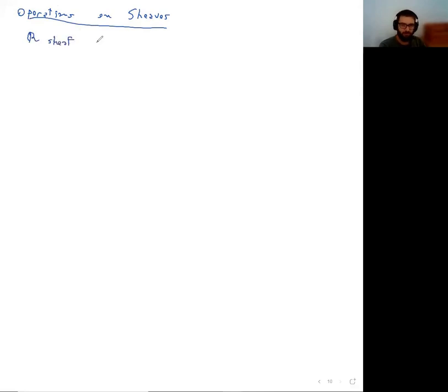So we will always have an underlying sheaf of commutative rings with unity. And we'll just give a few definitions. So if you have two sheaves of R-modules